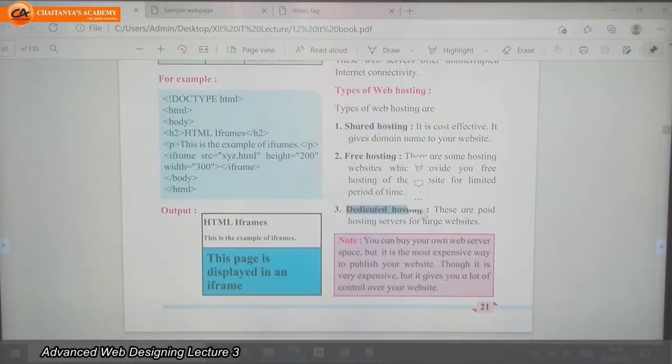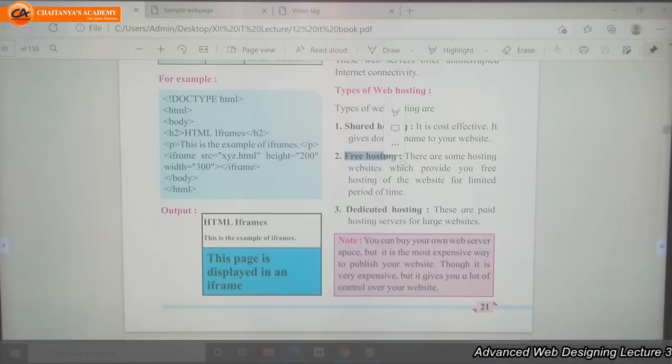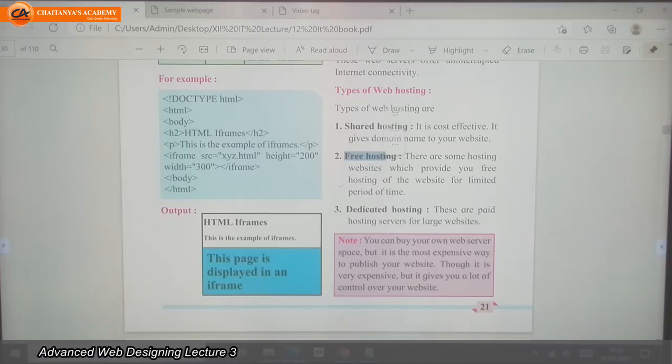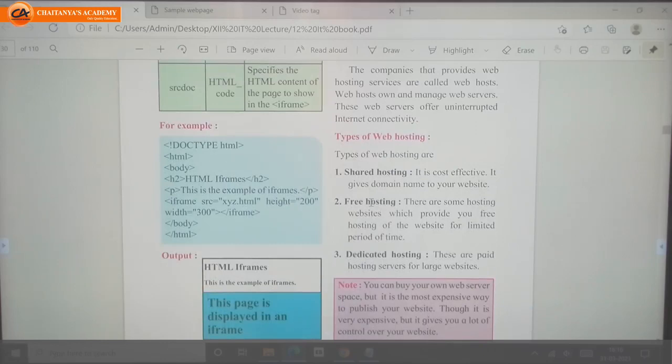Dedicated hosting is paid, so we need to pay the full amount. And free hosting gives us space freely, but only for a limited period of time, not for a lifetime. They will give only for 1 week, 2 weeks, 1 day, 2 days, like that.